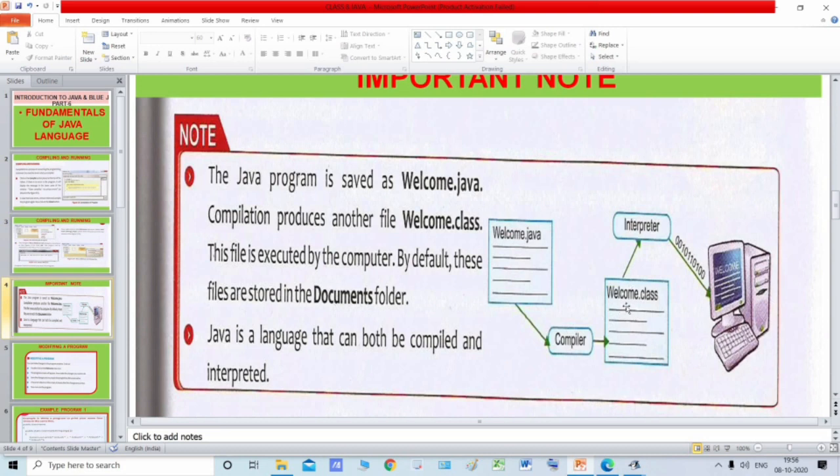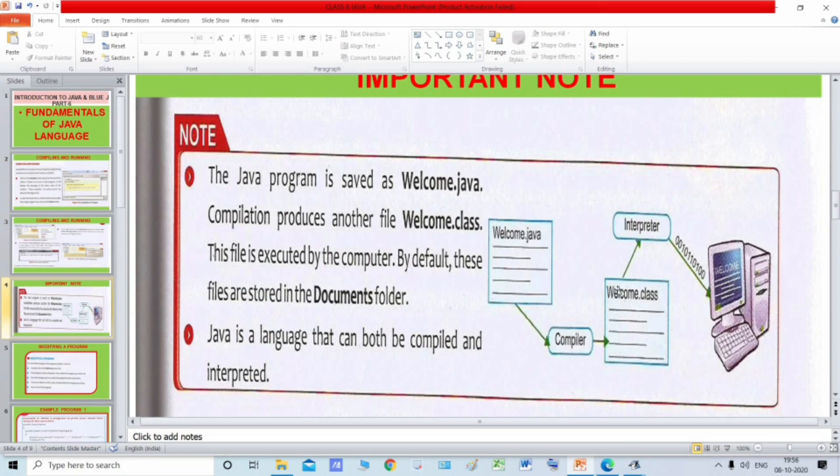Now this welcome.class file gets interpreted by the Java interpreter. So you can see when we run a Java program, it is both compiled and interpreted. I hope you know the difference between compilation and interpretation.